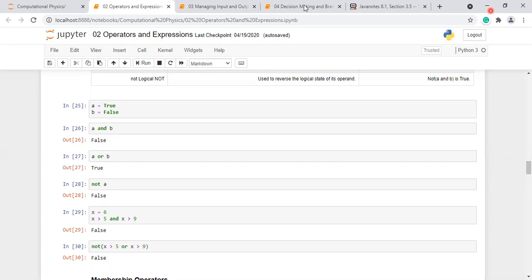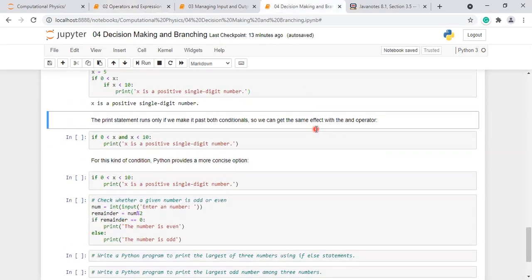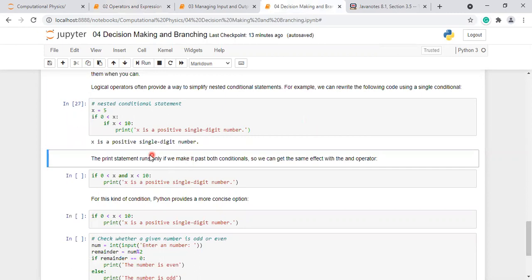So let us come back here. In this program, if this condition is true and also this condition is true, then this line will be executed. The condition is an AND, a logical and operation. The first condition is x greater than 0, or 0 less than x.